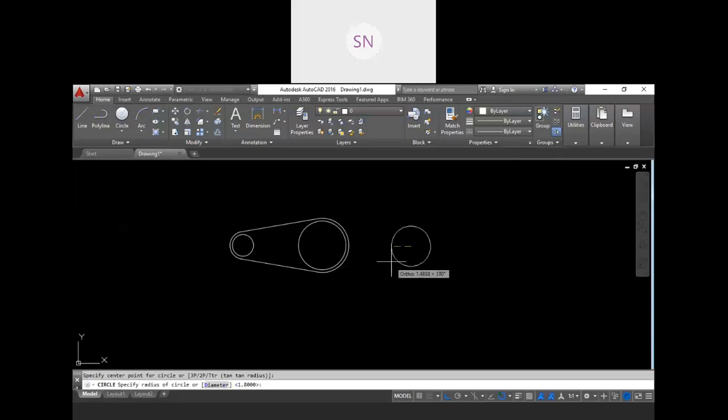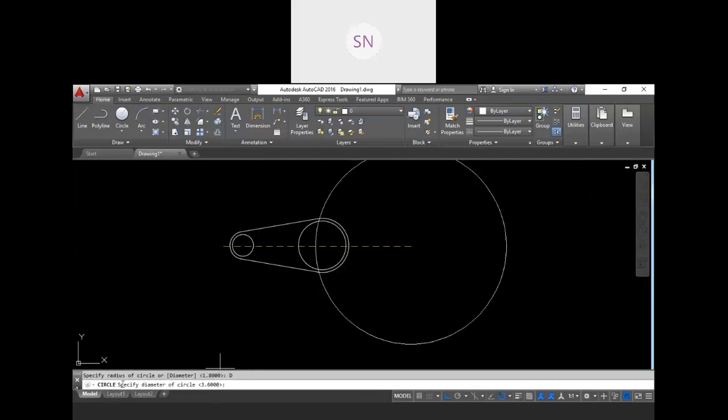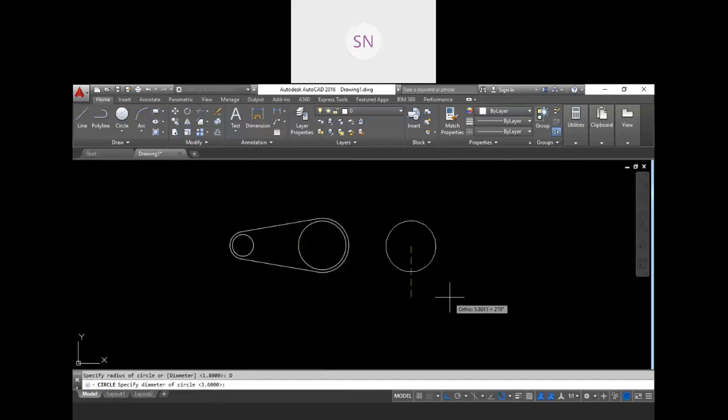And initially it will ask you the radius. Read this sentence over here, specify radius of the circle. But if you want to provide diameter, then we have an option for that, diameter. Click on that. Now it will ask you specify diameter. So now whatever value I type over here will be my diameter.